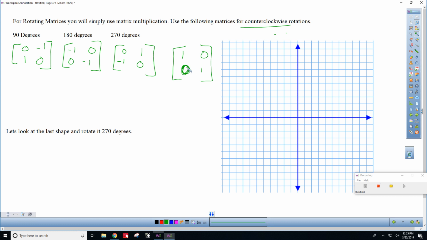And rotating something by 360 degrees is another great way of getting it right back to where it started. So let's take a new shape. Let's take a look at a new shape, because I hated that old shape. And this time I'm actually going to pick my shape. And then